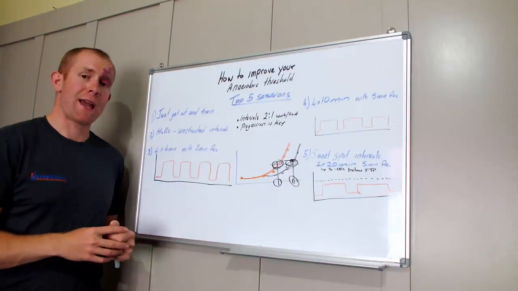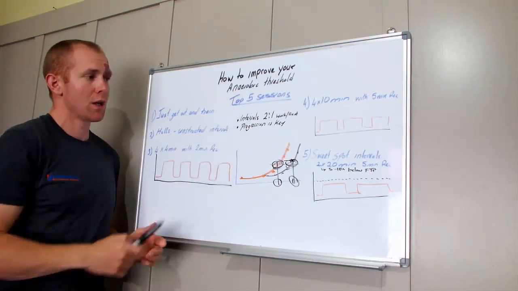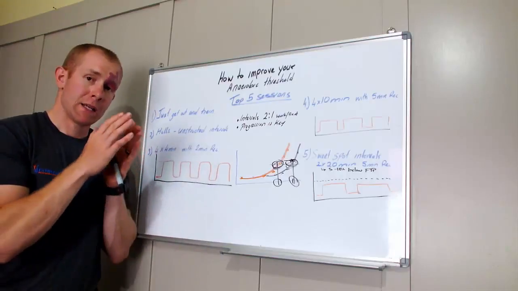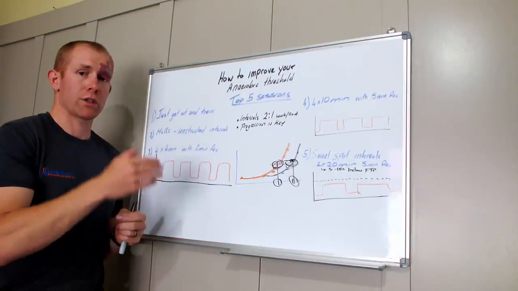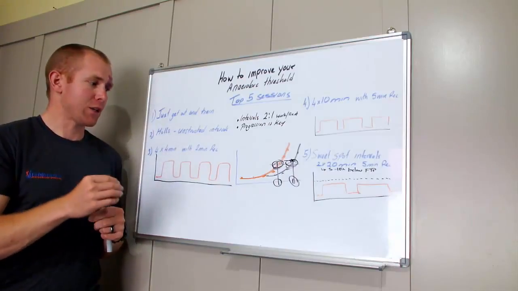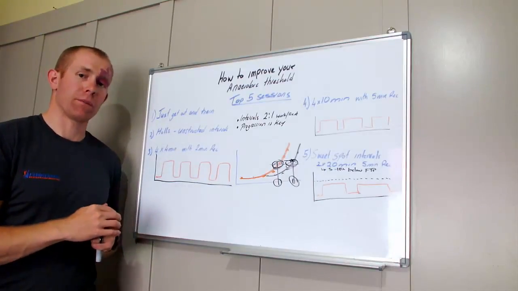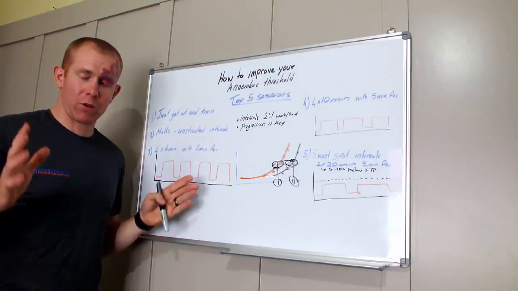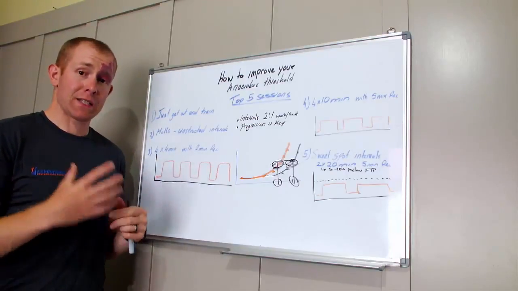Now the key thing with that anaerobic threshold is our intervals want to be somewhere around 2 to 1 in terms of our work to recovery ratio. So you want to recover half as long as you work. And that's really important because we don't want the body to clear away all the lactate that's accumulated in the